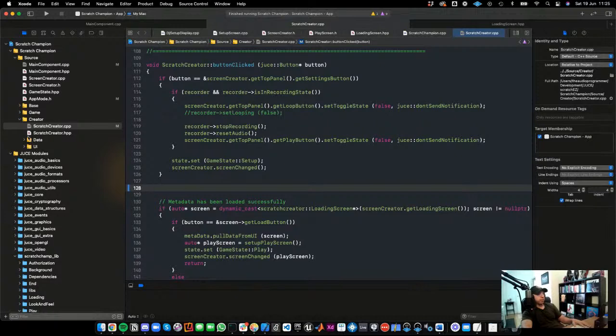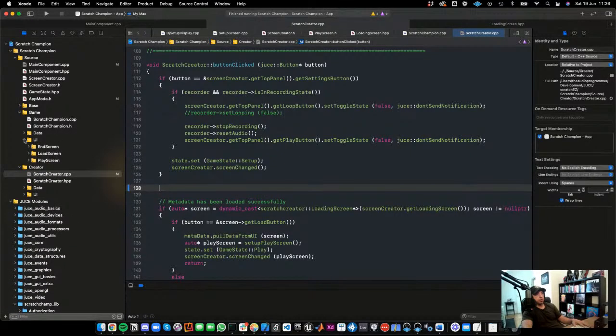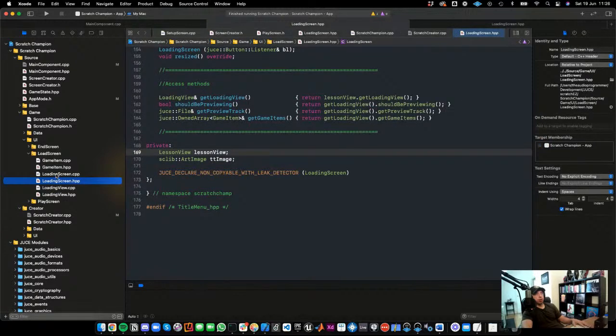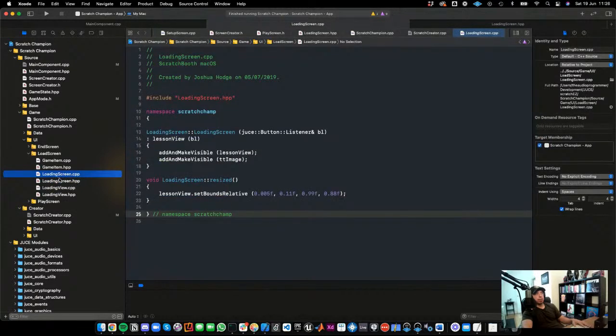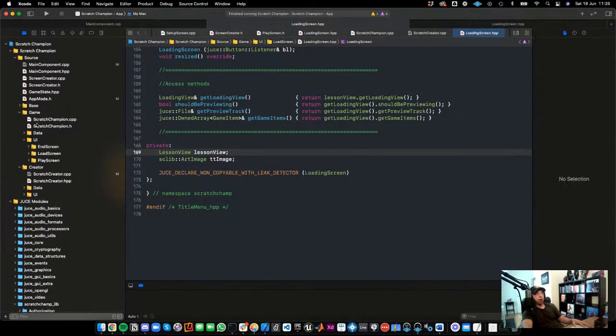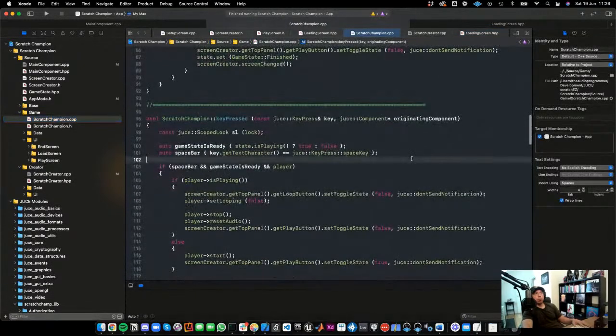So let's go over to the game, into data, or actually into UI, load screen, loading screen. So this is my loading screen class for my game. Or actually, is that what I want? No, sorry. I want to go into the parent app here, into